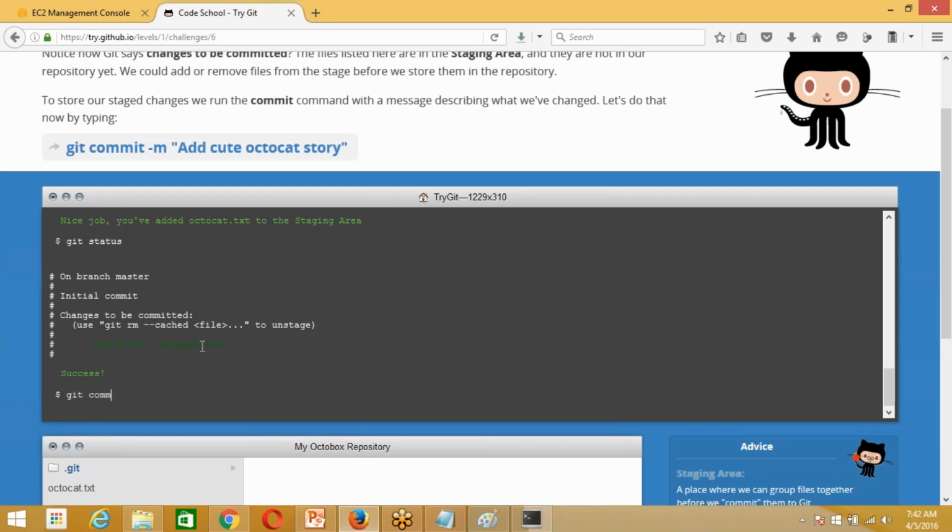git commit -m, where -m is for adding a message.